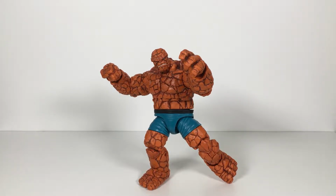I am really happy to have the ever-loving thing here in the studio to review, and as a collector, just to have this piece, which is quite possibly the best Marvel Legends ever. And I don't say that lightly, because a lot of Marvel Legends comes in and out of here, and in general, we get just so many. It's just so hard. But from the very beginning, when this guy popped up overseas,